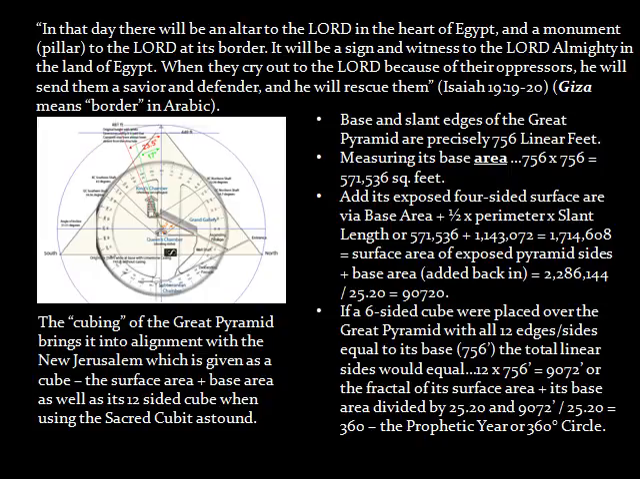571,536 plus 1,143,072 will equal 1,714,608. This is the surface area of the exposed pyramid sides. Plus the base area added back in, it would altogether equal 2,286,144. Divide that by the sacred cubit of 25.20 inches, and it will equal